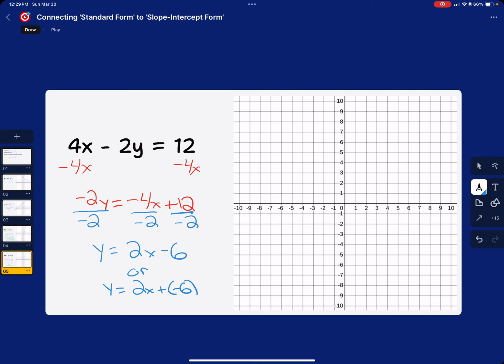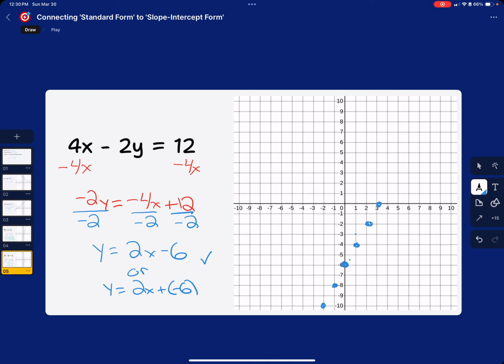And again, the reason why we want to do this is because it's a lot easier to graph an equation in slope-intercept form because we're given our y-intercept and we're given our slope. So that's really why we rewrite this. So let's graph our y-intercept first, which is negative 6. We have a positive slope of 2x, so we're going to rise 2, run 1. Rise 2 spaces, run 1. And let's do one more. Rise 2, run 1. Now we can also go down and to the left,